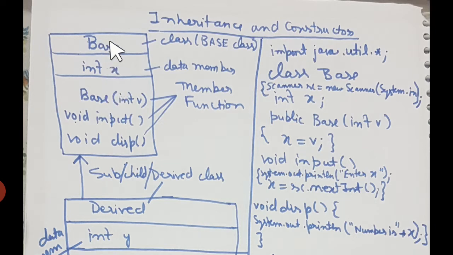Purposely, I have given the name base to the base class or the parent class, and the name derived to the derived or the sub or the child class, so that you could relate with the concept properly. And let's see the details of the classes. Base class contains the data member X, which is of int type. It contains three member functions. One is the constructor with one integer type parameter. This function is there to input the data, which is void input. Void disp is there to display the data stored in the X.